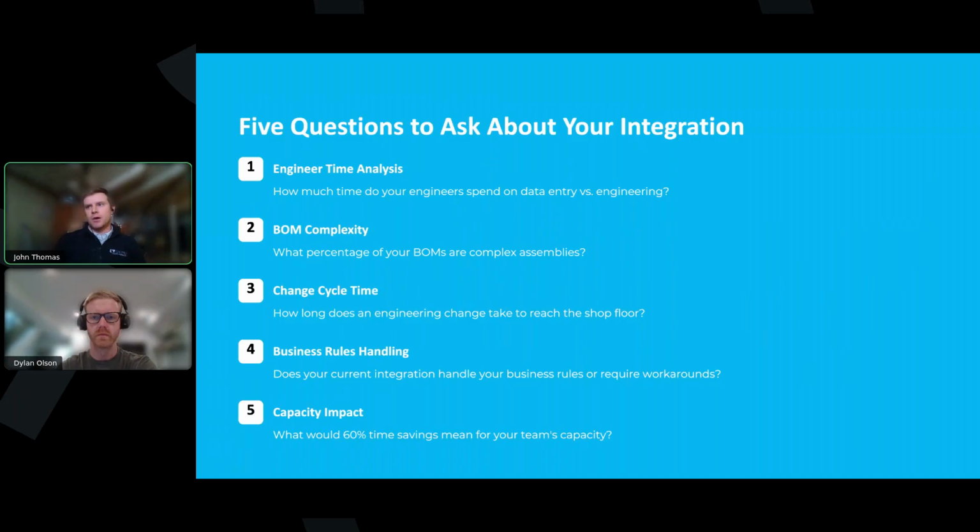And then just think about it. What would 60% time savings mean for your team's capacity? What else could your team be working on? What else would they be doing? How much more would they enjoy their jobs? How much more would they want to stay at their jobs? That's a little bit hypothetical, but